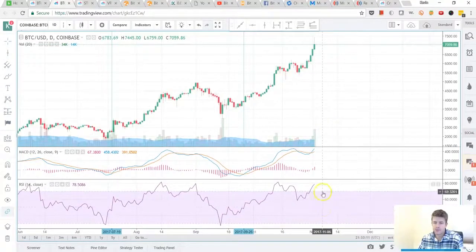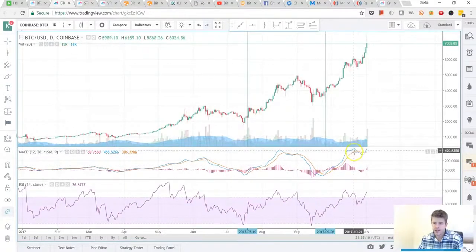Right now, RSI is technically in an overbought condition. MACD is also very high. It's topping out again as well. And so how do we use these? So first of all,